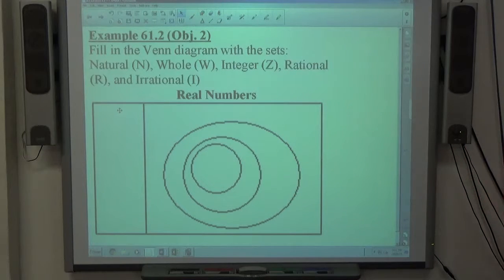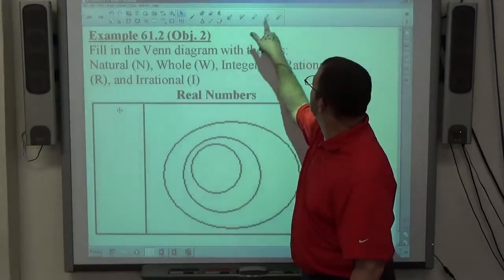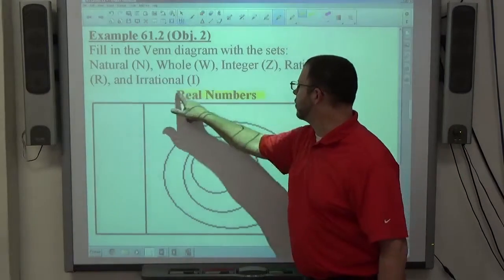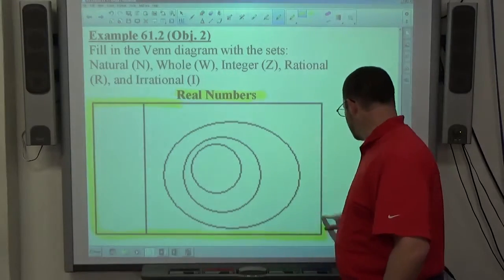Final example today, example 2, going backwards and out of order here. Fill in the Venn diagram with the sets natural, whole, integer, rational, and irrational. And the whole box here represents real numbers. So when we see real numbers up at the top, it's simply stating this entire picture represents every real number